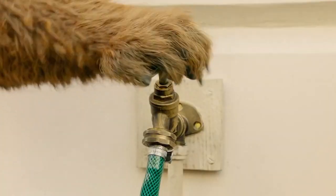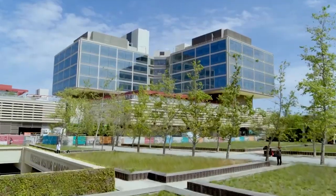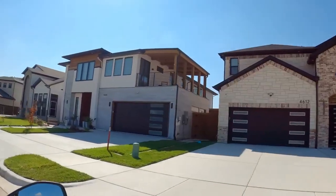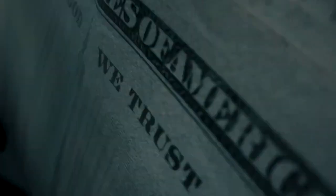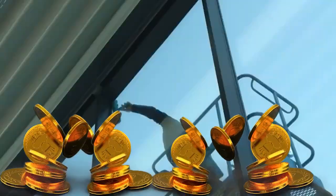The next side hustle we're going to be talking about is washing windows. You can promote your services to wash windows for big buildings like college campuses and hospitals, or even for houses in well-off neighborhoods, and charge $5 or $7 per window. So if a building has 100 windows, you make $500